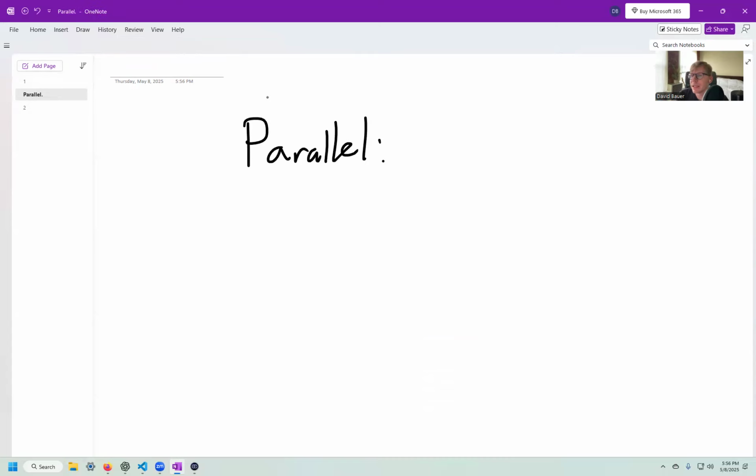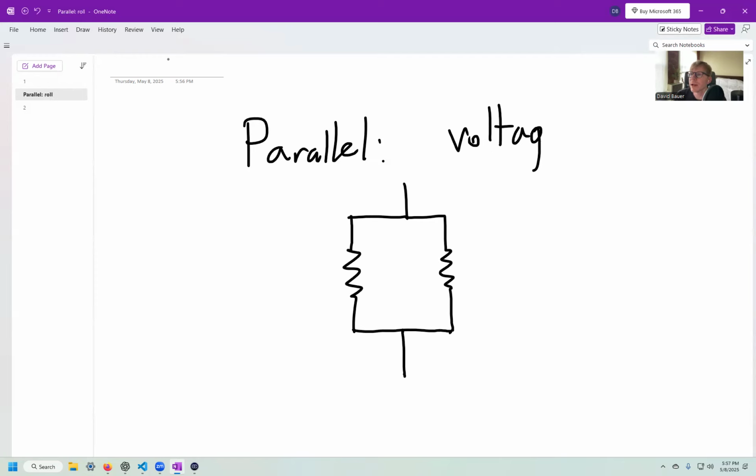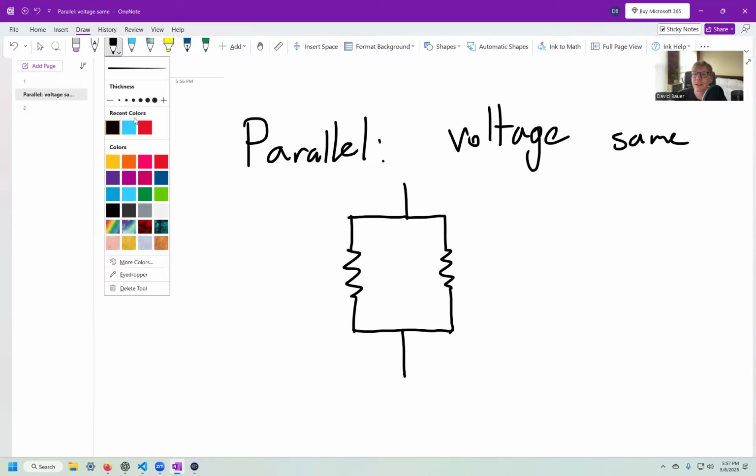Right, what it means is, again, I know that the voltage across them has to be the same. Okay, and practically the way I like to think about that is that, so voltage is the same. The way I like to think about that is that it means that if I look at the tops of